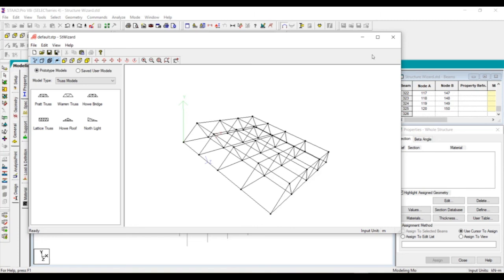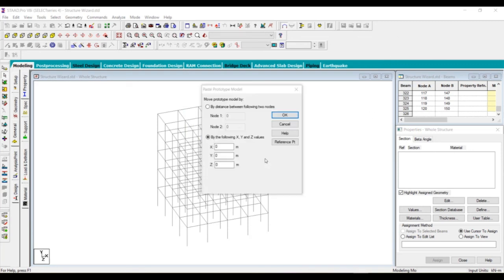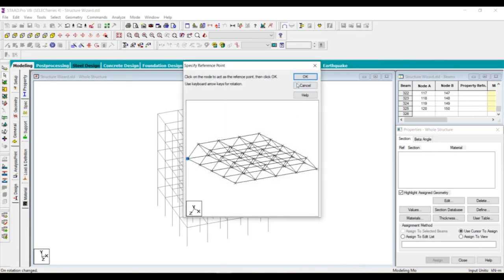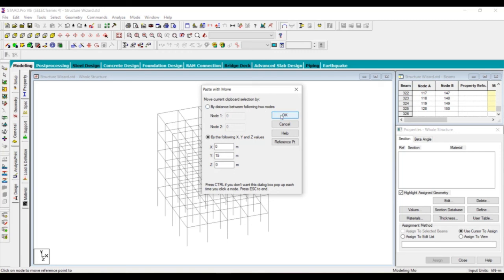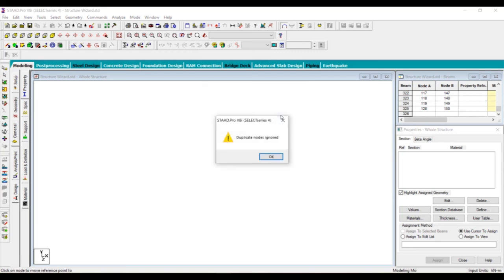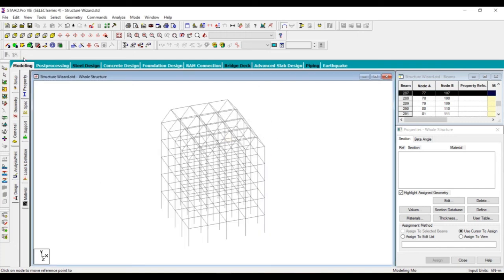Alright, and after that let us just close this window and click on yes, and here choose the reference point option and click on OK. It shows the origin is here, and click on OK. And left click on this and click on OK over here. After that, click on OK, and again click on OK. You can see that, just press escape and select everything